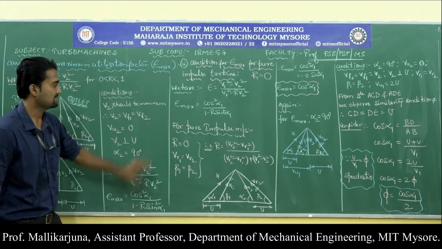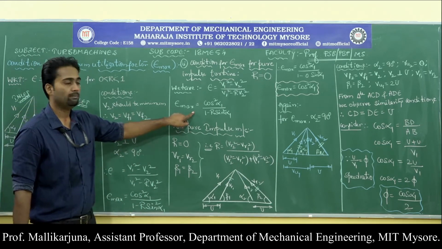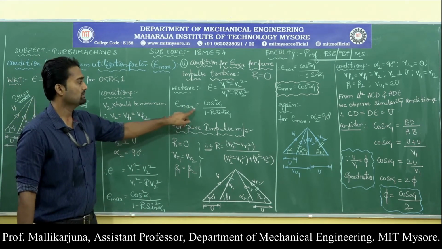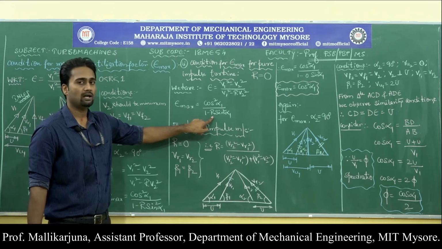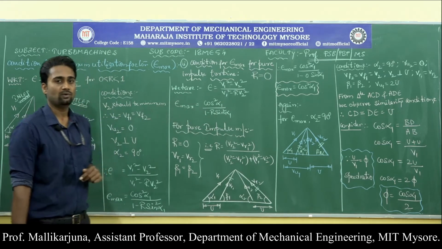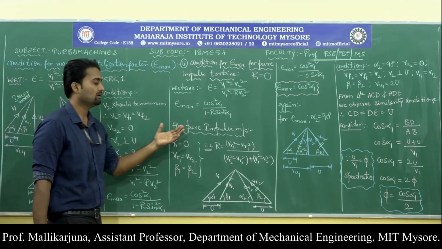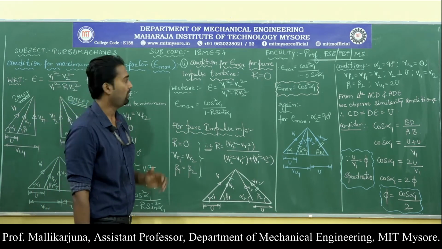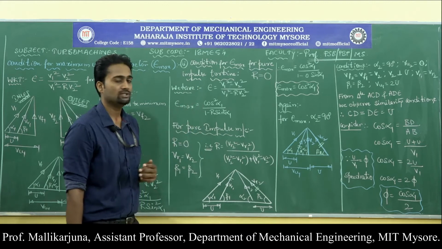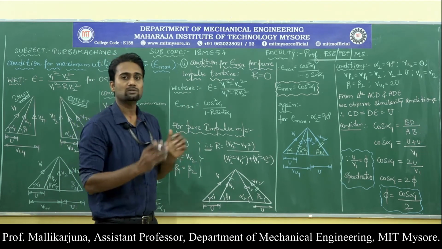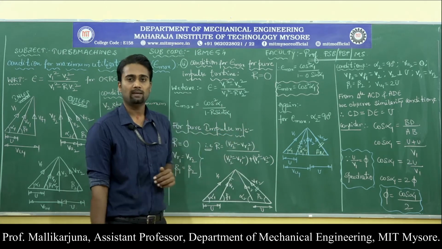I have kept this as the base over here. This equation has been taken as the base. Epsilon max is nothing but cos square alpha 1 divided by 1 minus degree of reaction times sin square alpha 1. Now let us look at the conditions for pure impulse turbine. What are the various conditions so that I can reduce the velocity triangle into a certain stage and then derive the epsilon max?